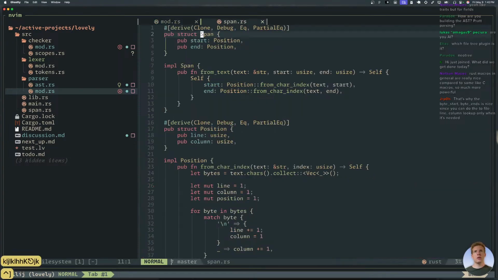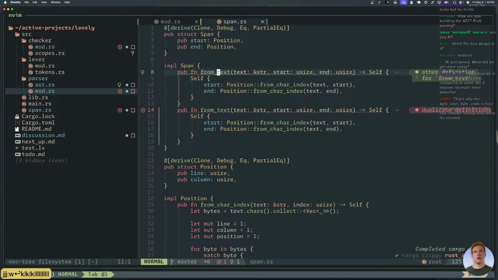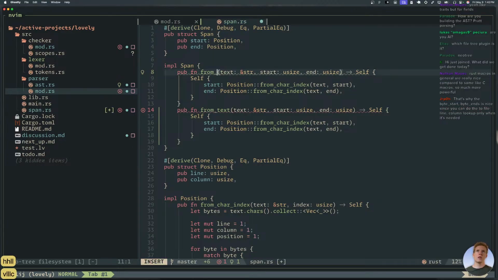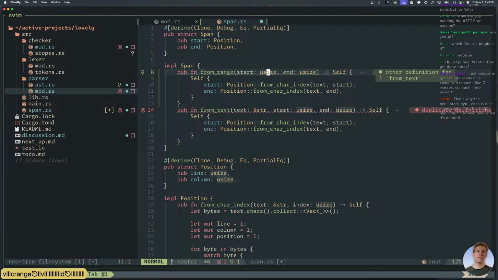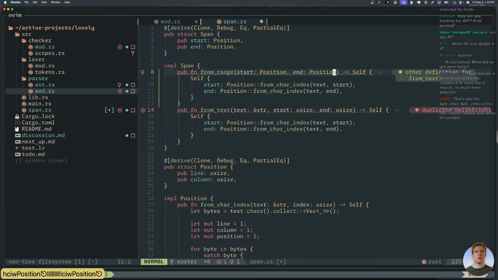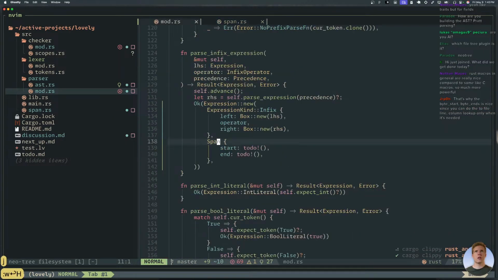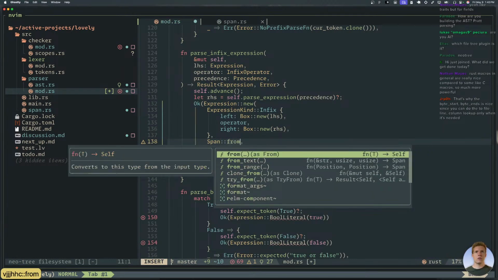Well, I think I can just, let me go here and make a new from_range, where start will just be a position. And then you can just do this. No? All right, and then we'll just do this. Span from range.